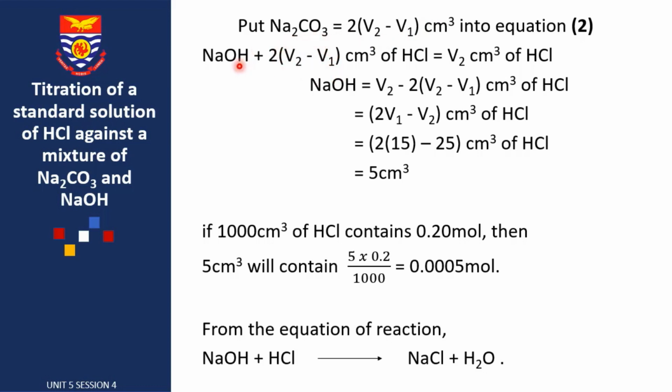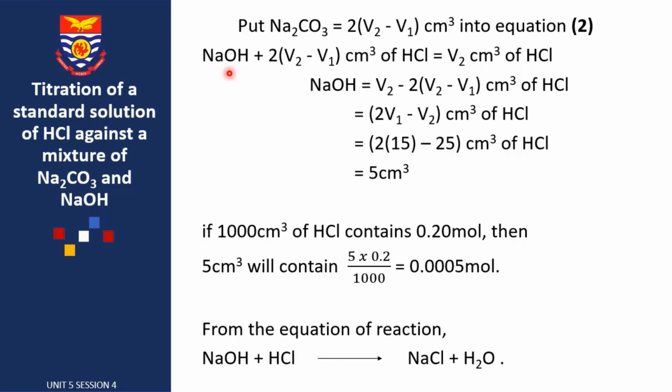So when we put it there, then we have NaOH plus 2 times (V2 minus V1) is equal to V2. So we work this out, and finally we have NaOH being equal to 2V1 minus V2 cubic centimeters of the acid. So let's put in our values, that of V1 and that of V2. It gives us 5 cubic centimeters. So this is the volume of the acid that reacted